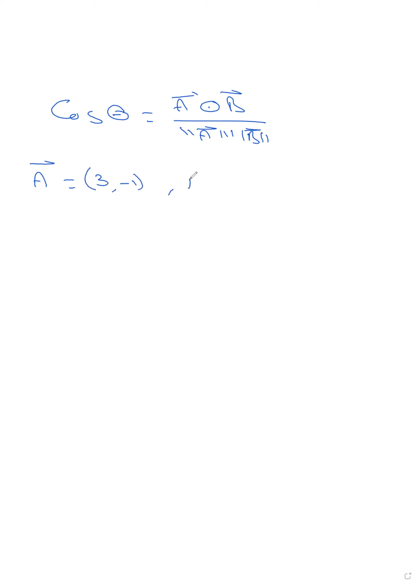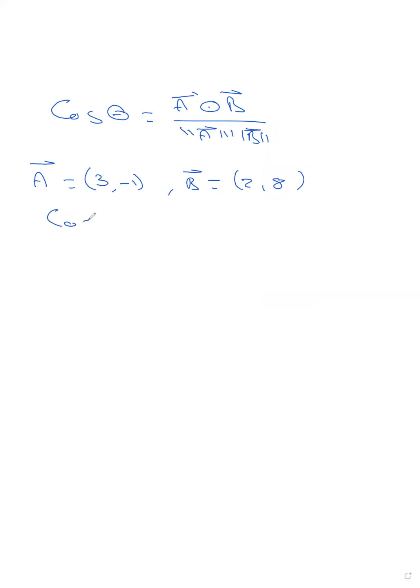The angle between two vectors, we said cosine theta equals A dot B over norm A norm B, and we are going to do more exercises on that. Listen, for example, if A equals (3, -1) and B equals (2, 8),